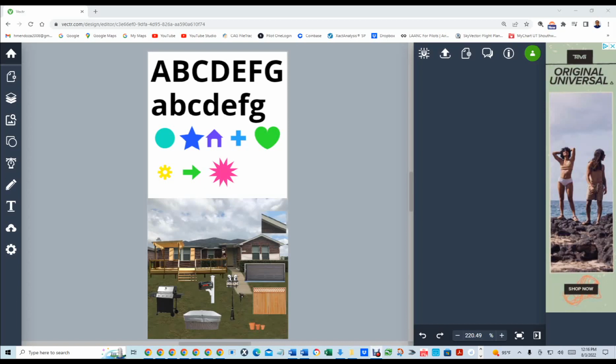Hector Mendoza. In this video, I'm going to show you how to use layers in the vectr.com program. It's a free program that allows you to work with vector graphics, right? Okay, so